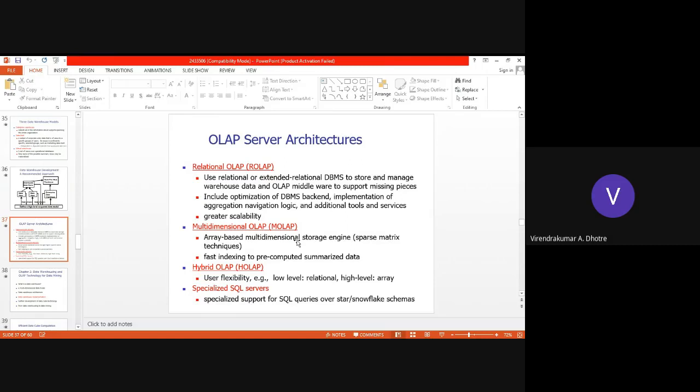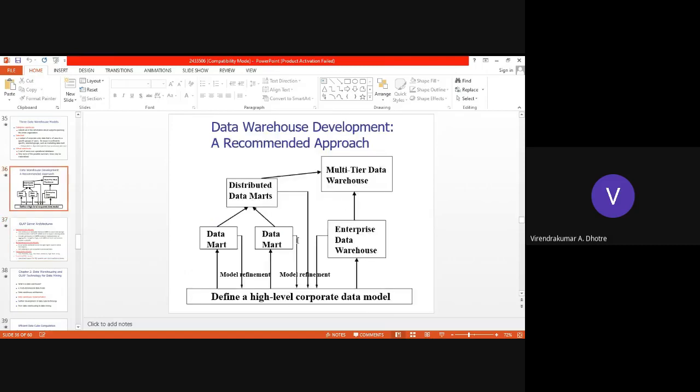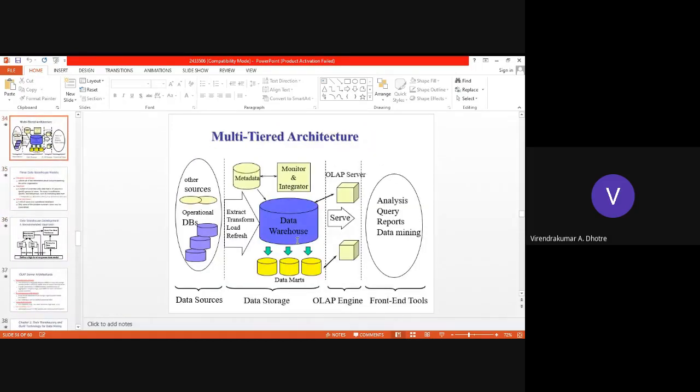OLAP acts as a middleware so that if there is information extracted even at different levels, we can still reach and access it, apart from its storage and its data source.